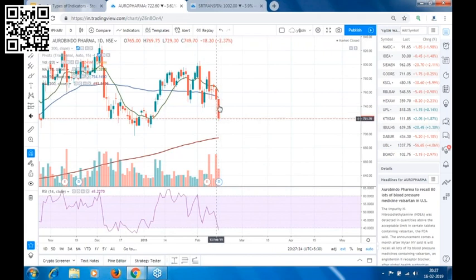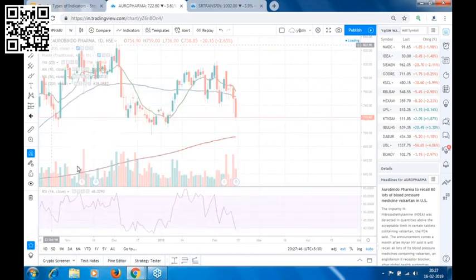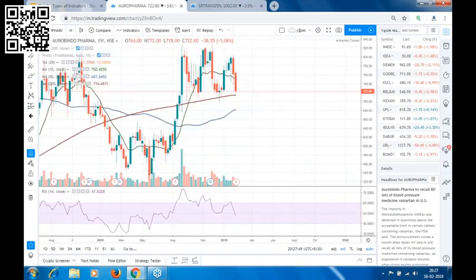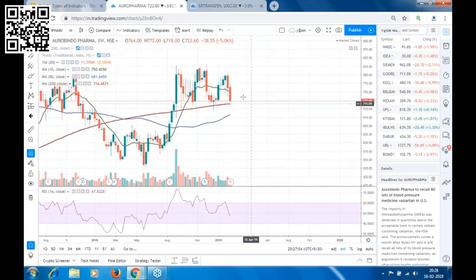See, though this is a bearish Marubozu candle, if you look only at the daily time frame, then anyone will decide that okay, I want to go short. I want to take a short trade in Oro Pharma, because the 200 period moving average is at around 694, 695 level. But if I see a weekly time frame, we have a 200 moving average support at around 714 or 715 level, and the stock's closing price is around 722.